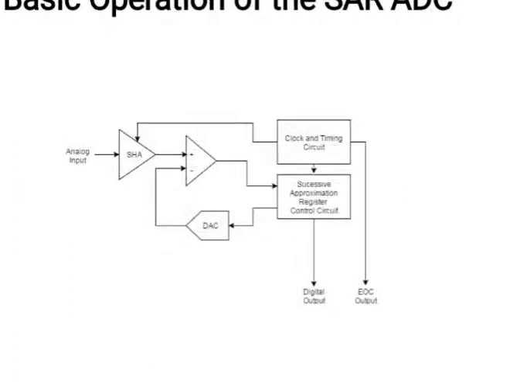The successive approximation register is initialized so that the most significant bit, that is MSB, is equal to digital 1. This code is fed to the DAC, which then supplies the analog equivalent of this digital code into the comparator circuit for the comparison with the sampled input voltage. If this analog voltage exceeds... So mathematically, consider V in is X times V reference. So X is the normalized input voltage.